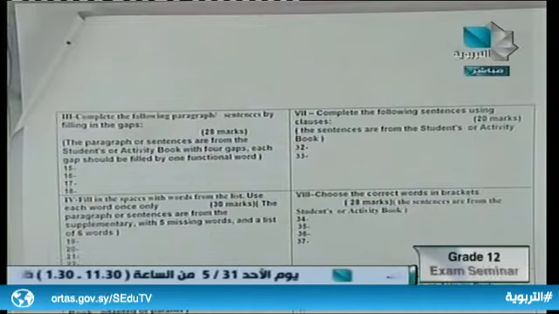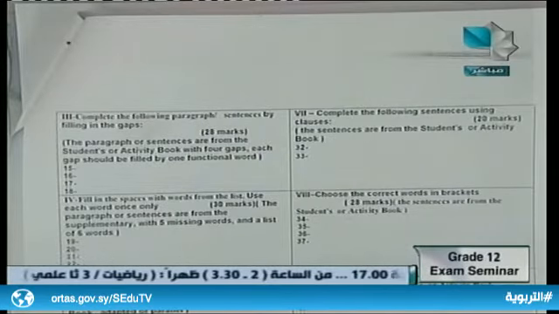Can I now hear? Yes. Here we have, either from the activity book or the student book, either different sentences or a complete passage with missing words. Here the student has to complete the following paragraph by filling in the gaps. Of course, there are no words above the paragraph. He has to read it carefully, because it is in the form of a paragraph or maybe in separated sentences, to get the meaning and to know the proper word to put here.